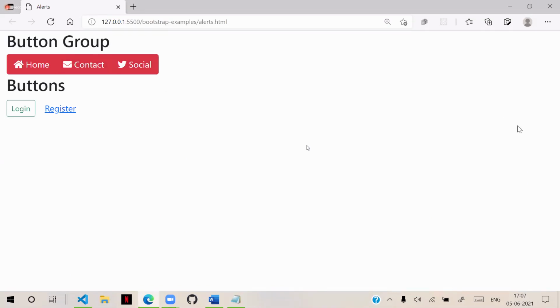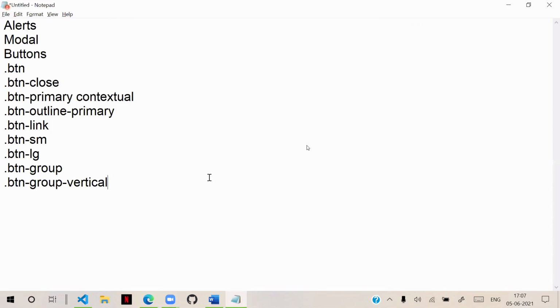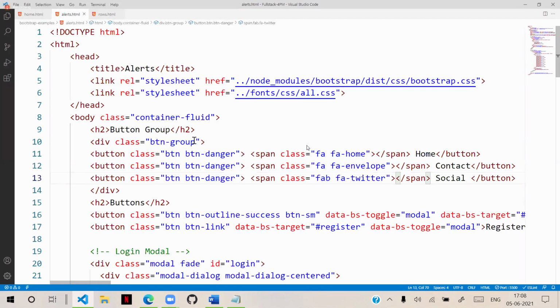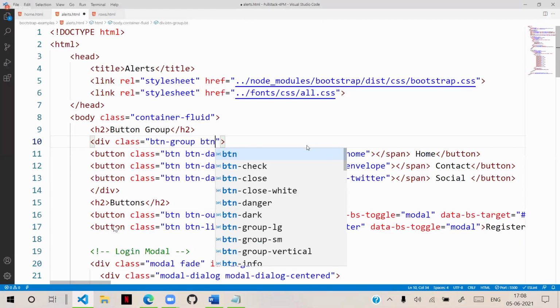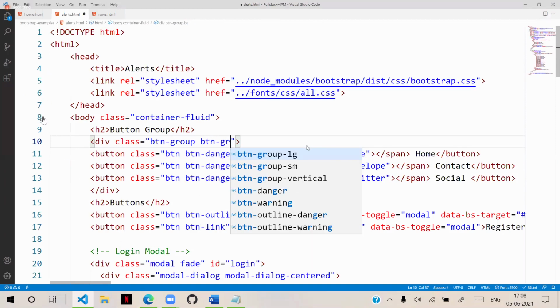You can configure a button group with different colors or the same color. So a button group can be vertical. Button group vertical will display like this, one below another.